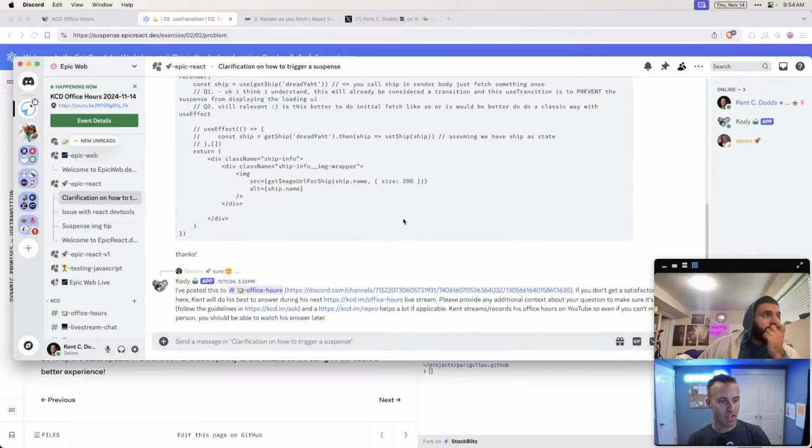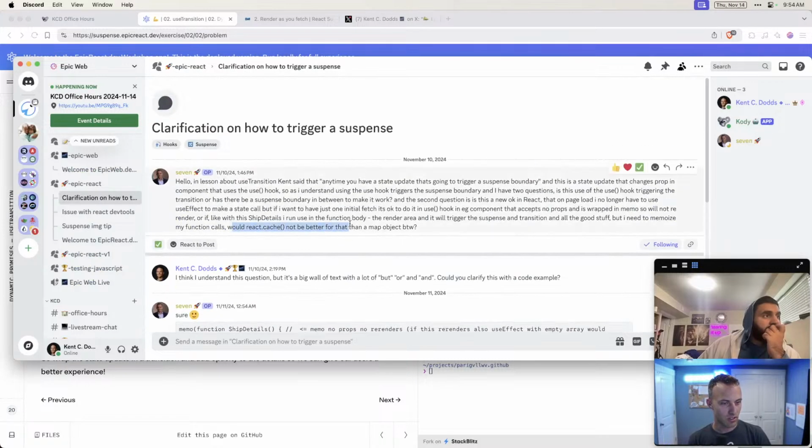As far as the react.cache question that you threw in here at the end, I have not used react.cache myself. It's too experimental for my blood. I know that the Next.js team feels confident that they can throw a bunch of stuff at their users and then change things all the time. And that is just not the way I like to develop software. So I have not been in a situation where I used it, but I probably will in the future. And then I'll have a better idea of whether React.cache is a good solution for this.